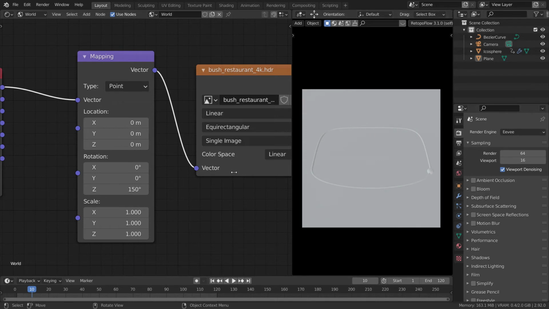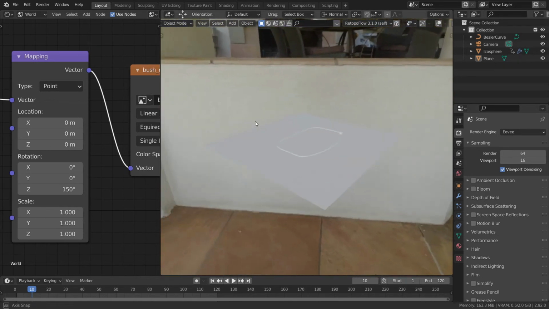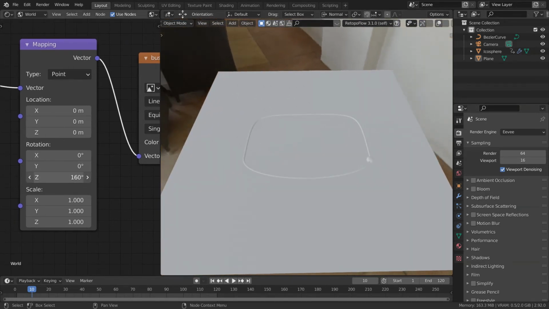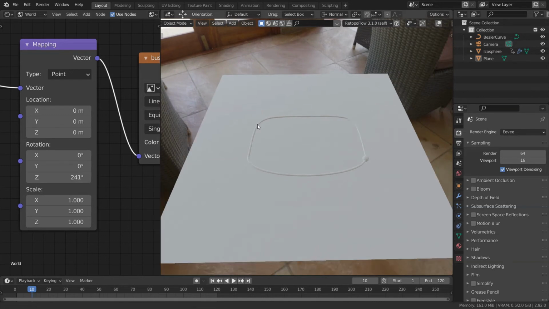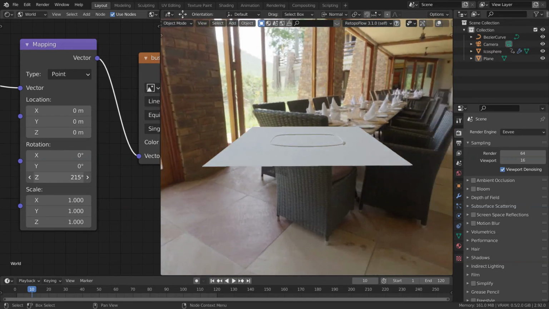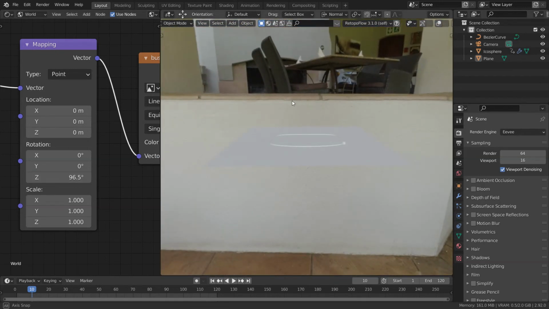By the way, if you don't know what HDRI is, it is basically the light source within the image, so you can just plug and play the image. As you can see, I am rotating the image with this Z rotation and my lighting is changing, so till over there.